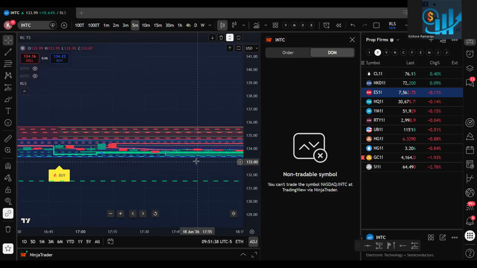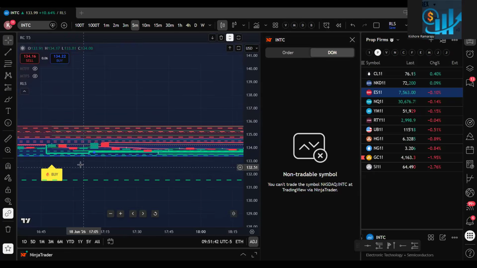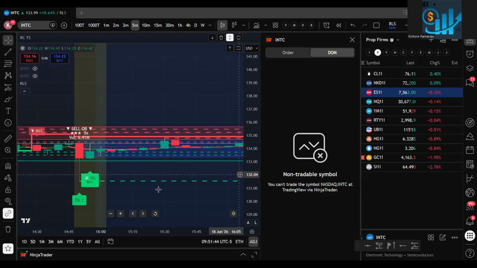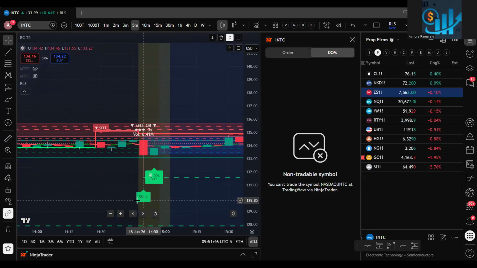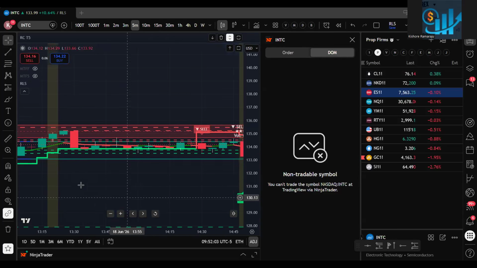Generally, we use this during market hours. After market hours, generally it will be choppy. So around 245 yesterday, they brought it down. Immediately, they took it up again, and then we may see more continuation on Monday with Intel.